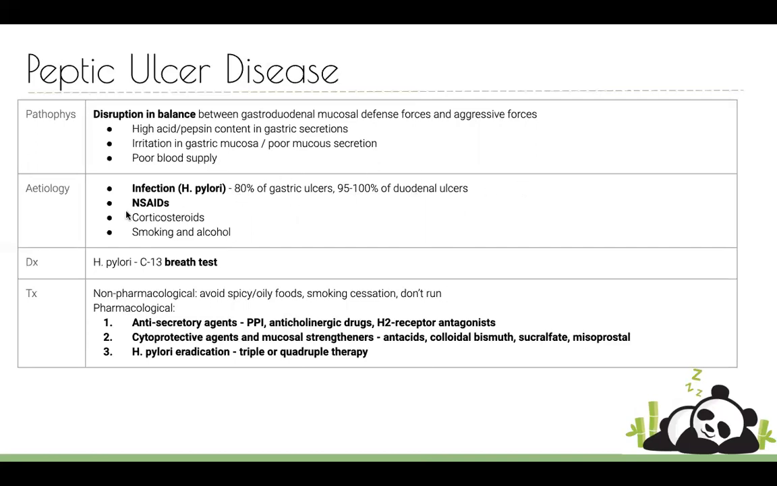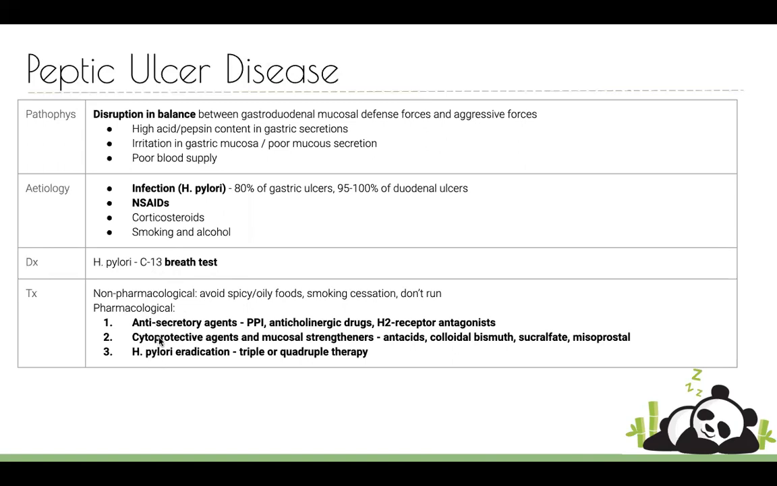But other than that, you can get your NSAIDs. As Gavin touched on before, that's because it stops your prostaglandins from working as well and giving you those protective mucosal measures. Corticosteroids is also quite a big one, actually, as well as smoking and alcohol. You can diagnose it pretty well with a breath test because of how much H. pylori is related to it. But you can also test for H. pylori in blood, in stool, so there are quite a few ways,